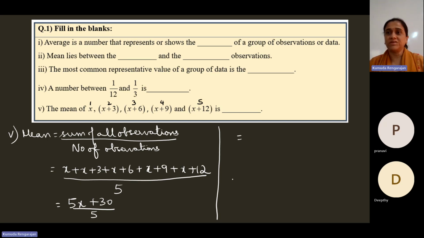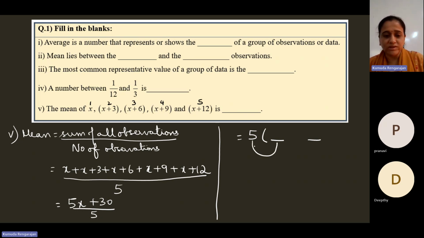Okay, so we have an expression in the numerator. The expression has two terms. What's common between the two terms? 5. Okay, so take out 5 as a common factor. Open a bracket. Now you need to write two terms inside the bracket, because there are two terms in the numerator. Now, how do you write that?